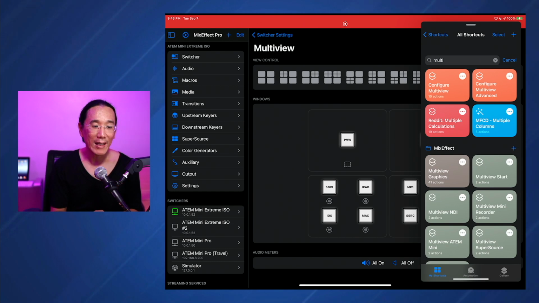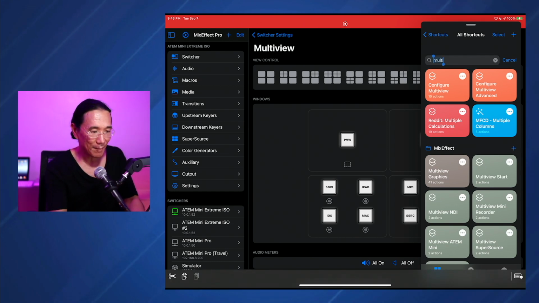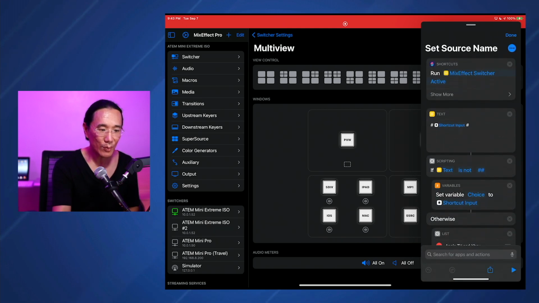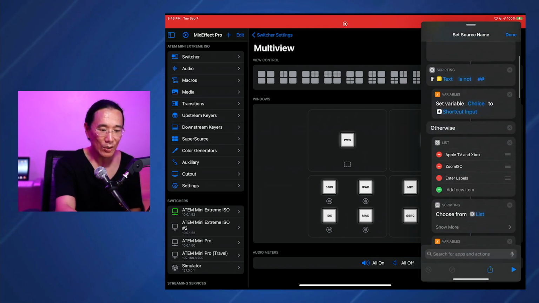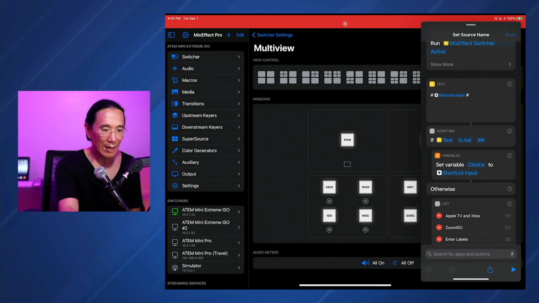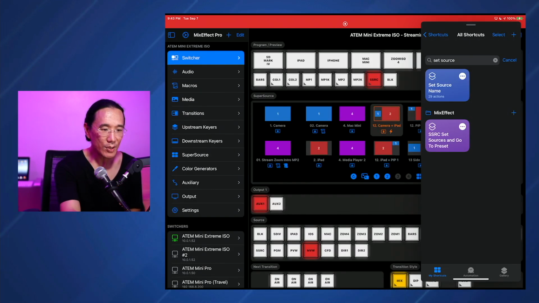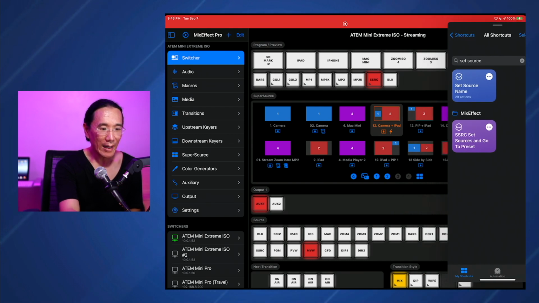One thing that macros cannot do is set the source name. So I have another shortcut, which we saw earlier, which was set source name. So we're going to see how that works here. So I'm going to go to the switcher. And you see right here, I have